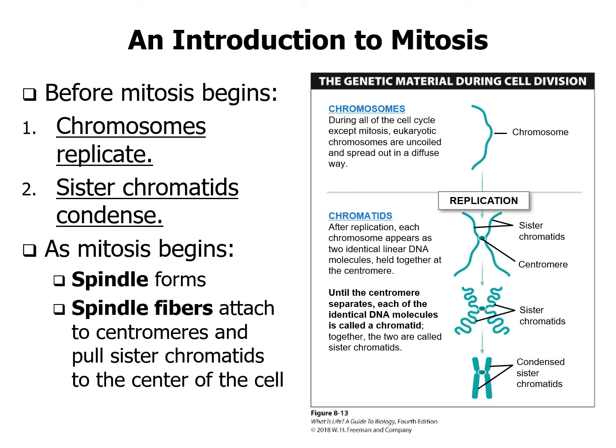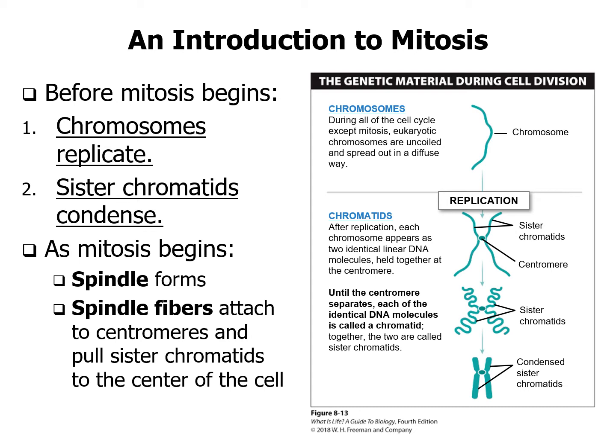So, before we get into all of the steps that make up mitosis, we want to talk about a few things that need to happen before we begin mitosis. The first being that our chromosomes are replicated. Remember, they have to replicate during that S phase, during interphase. What's going to happen is we are going to produce sister chromatids. Your sister chromatids, and if you look over at the illustration, it is the part that is right underneath the word replication, are twin sisters that are conjoined at the centromere, so they are stuck together.